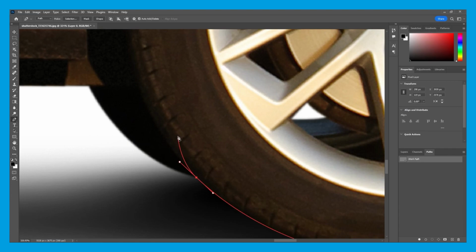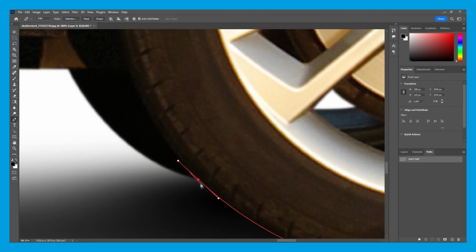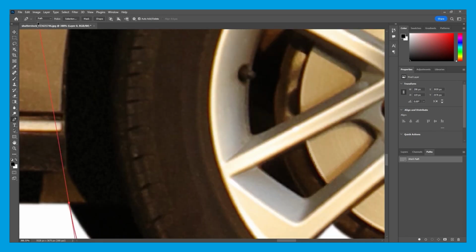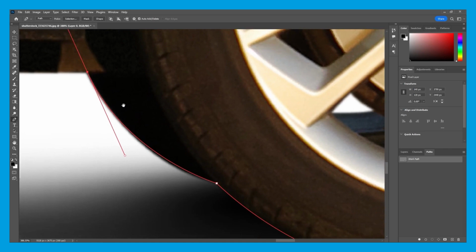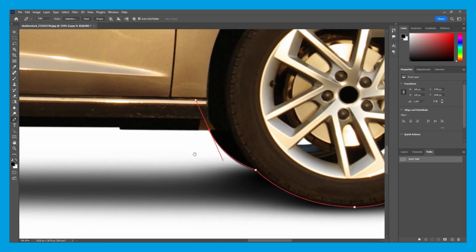Or if I head back a step, if I press Alt or Option on the anchor point itself, it removes the forward facing direction point and resets the anchor point, so it creates a sharp angle again like this. And I can actually perfect my curve again. And if I go back and look, it looks great to me.